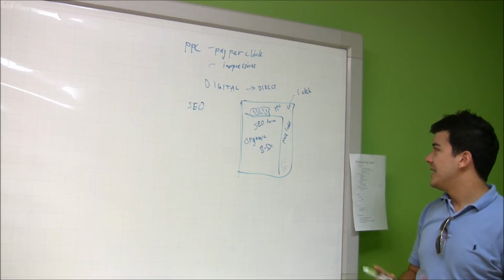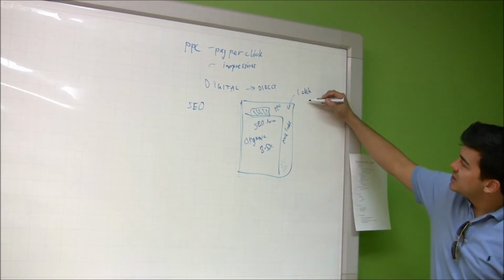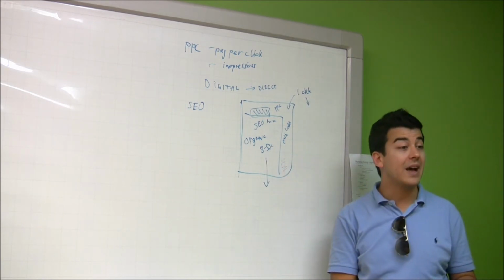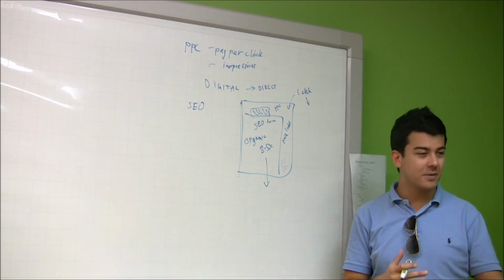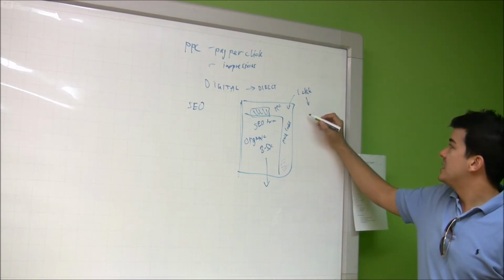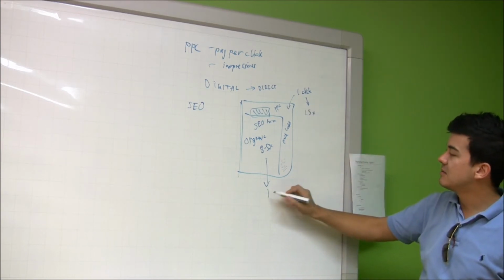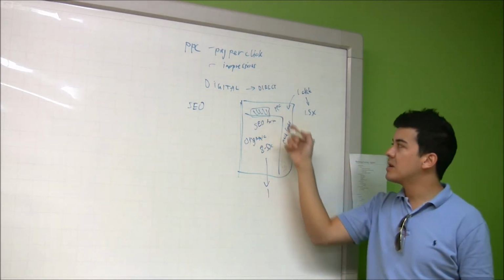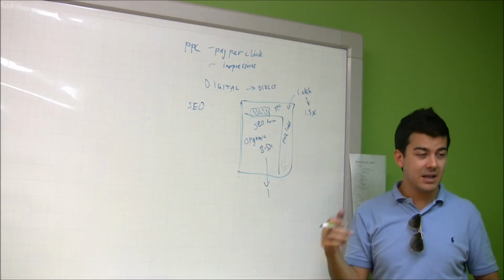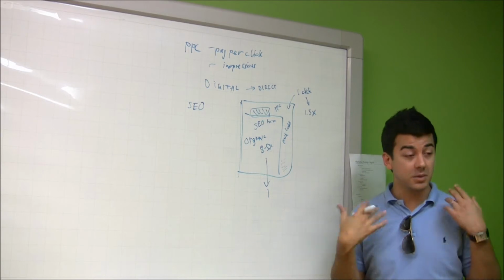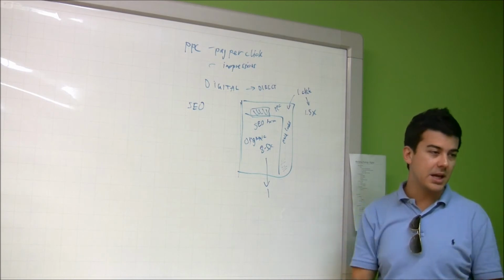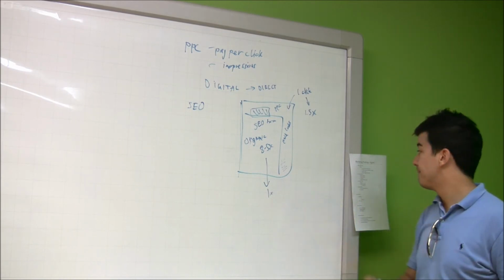Now, what's more interesting is how much of these convert compared to this. When I say convert, I mean actually result in some kind of activity. Maybe a contact us form, some kind of conversion. Maybe they buy the actual product online. So this converts 1.5 times this. When people click on an ad, they're more likely to purchase because most of the time they know they clicked on an ad. So they're in that frame of mind, I'm going to buy, I'm a serious buyer. Whereas here, it's more research. They want to see what's out there. And that's why the conversion rate is lower here.